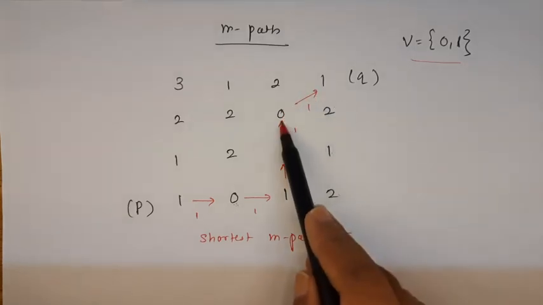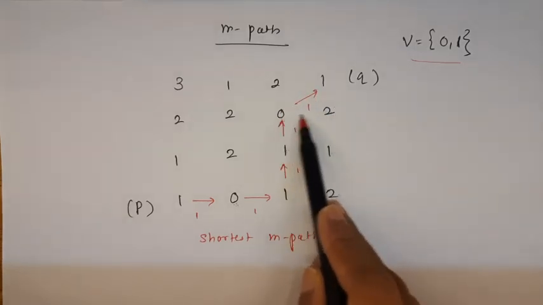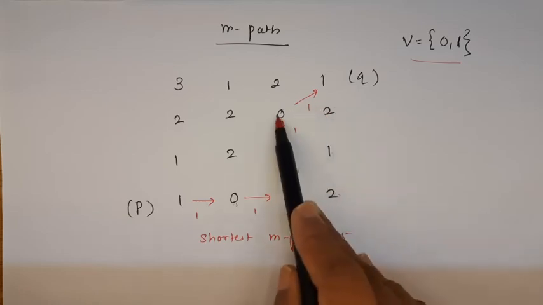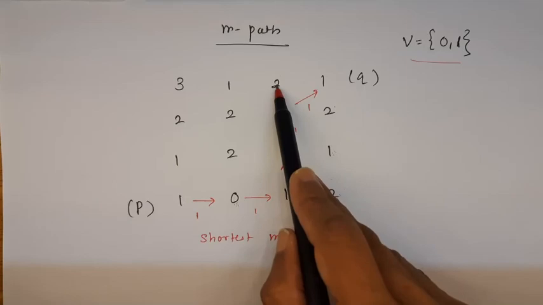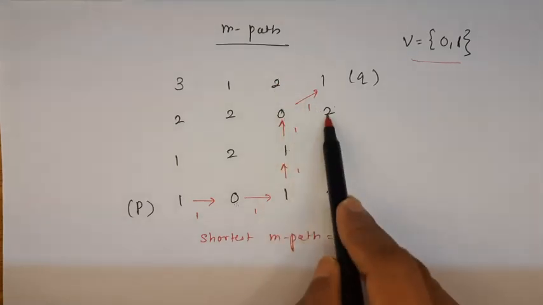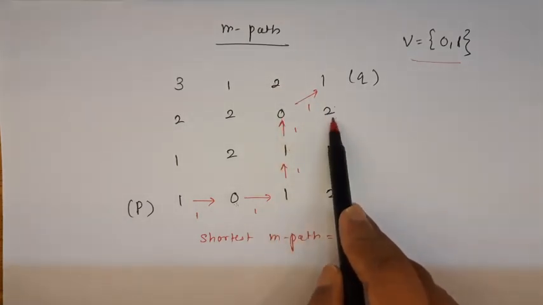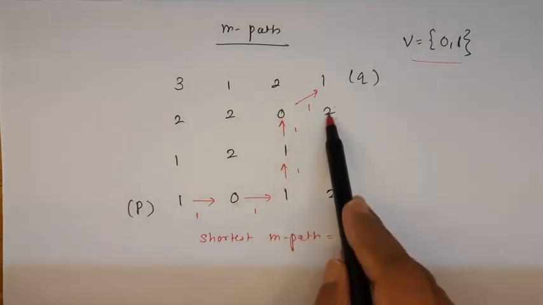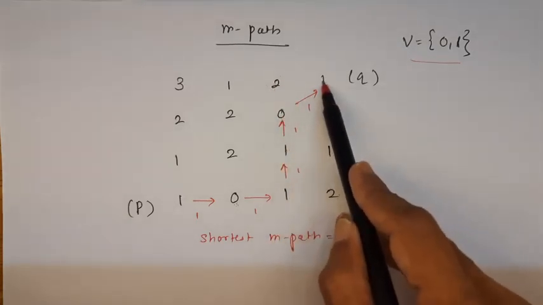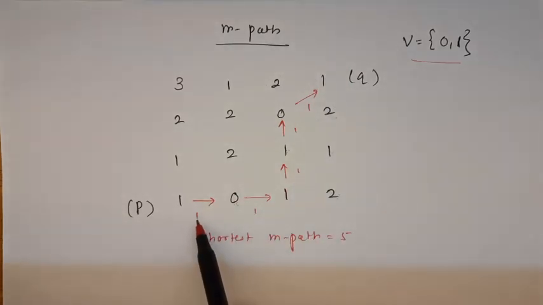Now you see, the first condition is not satisfied. Is the next pixel in N4(P)? No. Both of these pixels are in N4(P), but they are not satisfying set V. So you cannot connect this or this way. So you have to connect this way. Okay, so what is the cost associated with M? 1, 2, 3, 4, 5. So the shortest M path is equal to 5.